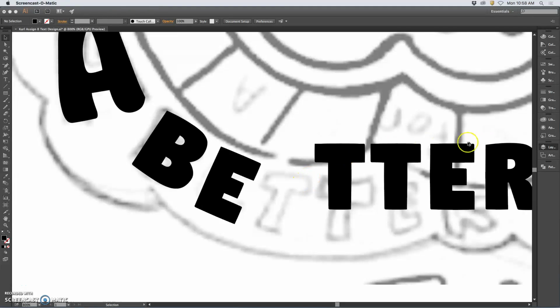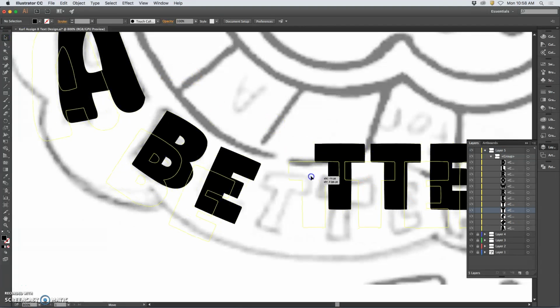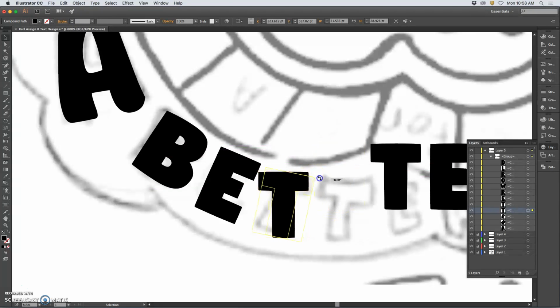All right, so now we're having fun. We're in Illustrator. We've outlined our text, and now I'm just moving them individually. So kerning doesn't matter so much here because I'm creating it as I go. And I'm rotating. And the other thing I like to point out